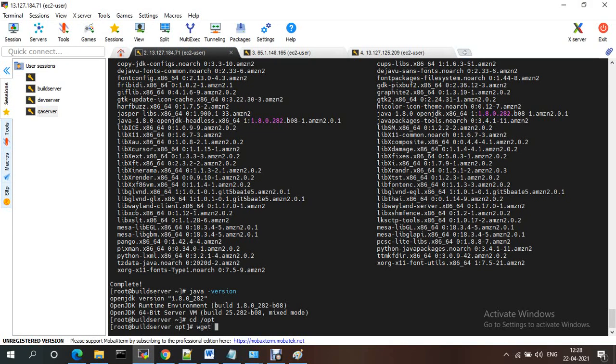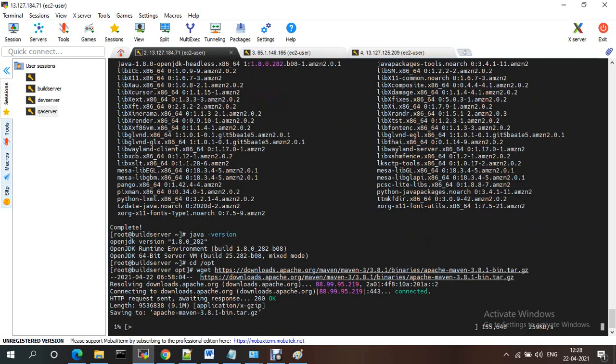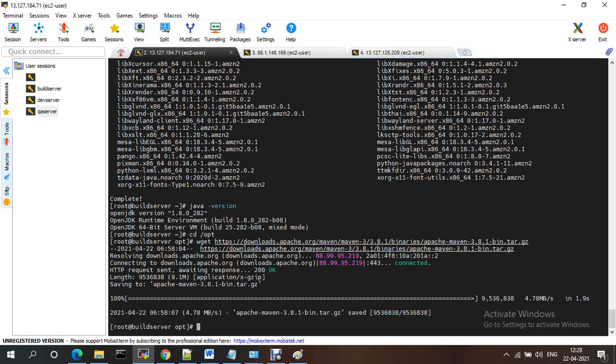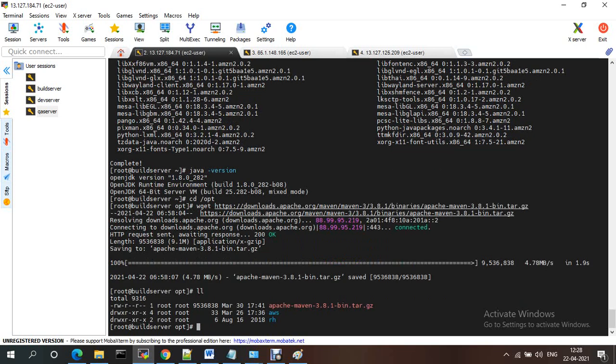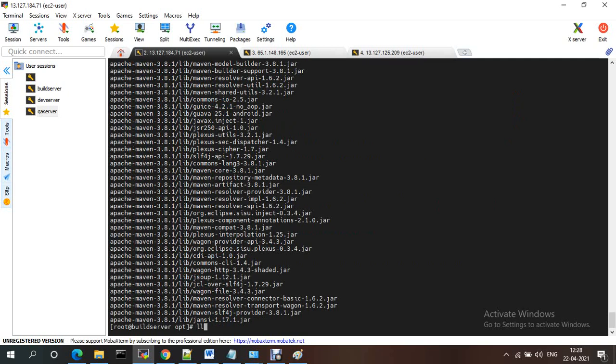I'm downloading using wget. I'm installing Maven. It's a tar file. You just need to untar that one. For that, extract with tar xvf apache-maven. It should be downloaded.